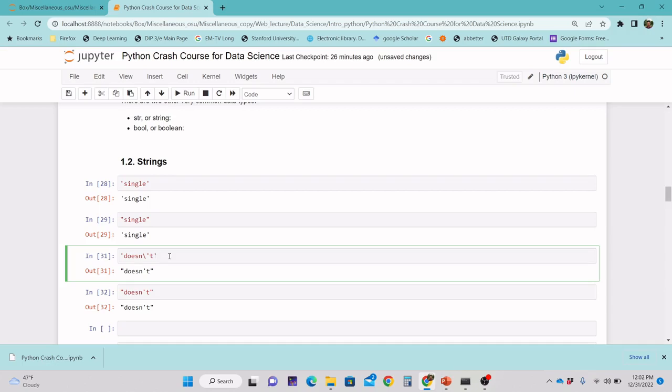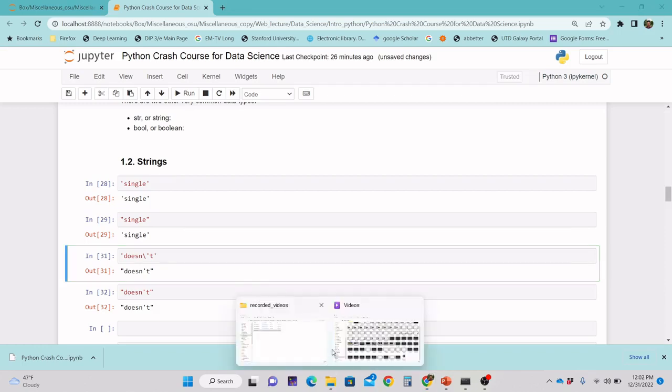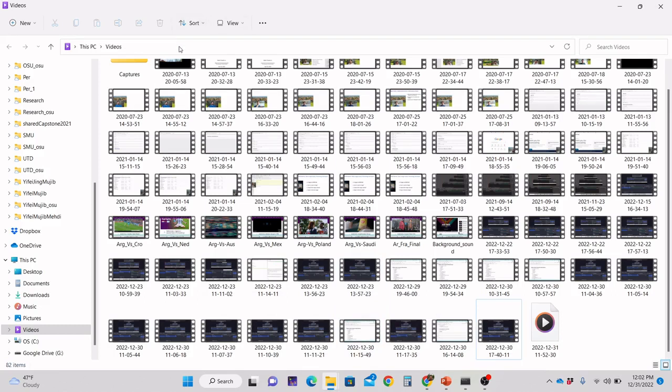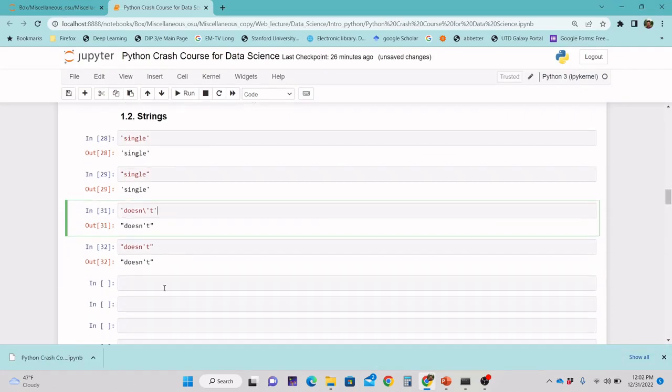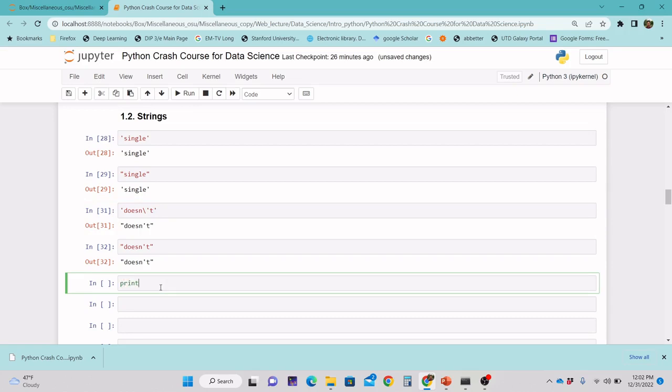Okay, then let me print a path. Path is a computer path, which is a string, for example, this path, which is a string. Now let's print a path. Print, let's say in your C drive, C: sum: